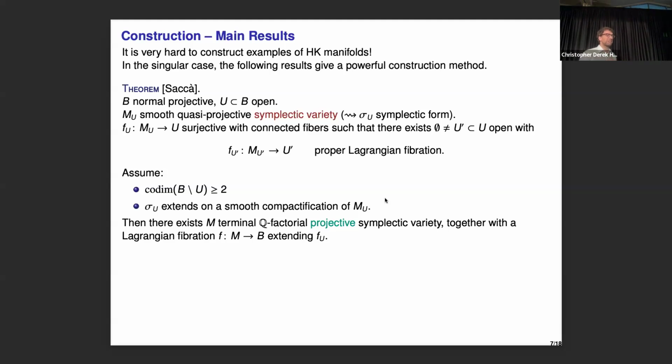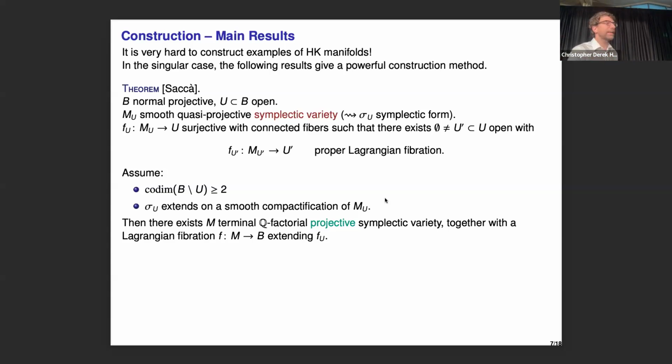And the second condition, okay, this seems fishy, but actually in all examples, this condition is sort of automatic, because the way that we construct a symplectic form is by some cycle condition, and in this sense the condition becomes automatically satisfied. Which means that I compactify my mu anyway, I take a resolution of it, and then the only condition I want is that a symplectic form will extend to some 2 form, maybe with zeros, I don't care. The only thing is that I want it not to have poles there. Okay, so it extends as a regular holomorphic 2 form.